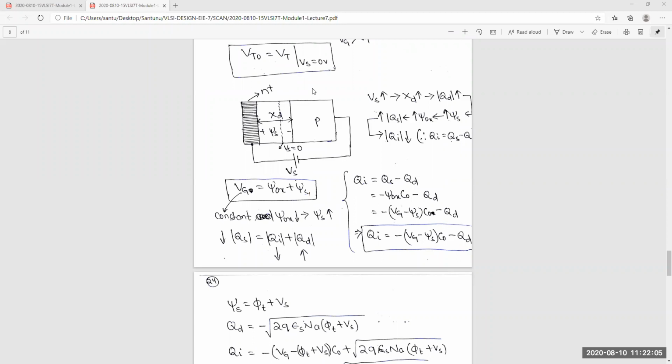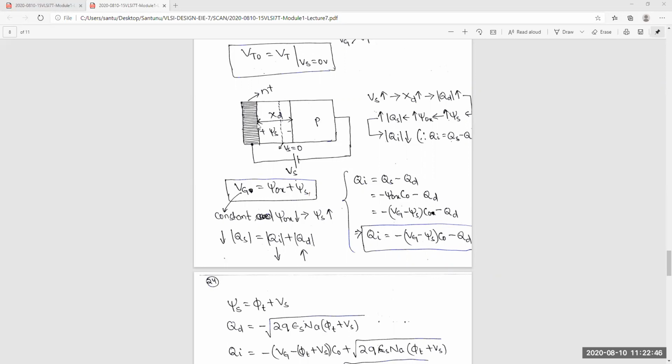Is this part clear? Suppose a PN junction is there. If you do not give any voltage, a built-in potential of around 0.7 volts will be there. Initially we have to give 0.7 volts to cancel that, and then the current will flow. But if you give a reverse voltage, the voltage across that PN junction will be the built-in potential plus the reverse voltage you are giving. Yes or no? Yes, sir. Okay, the same thing you can apply here.